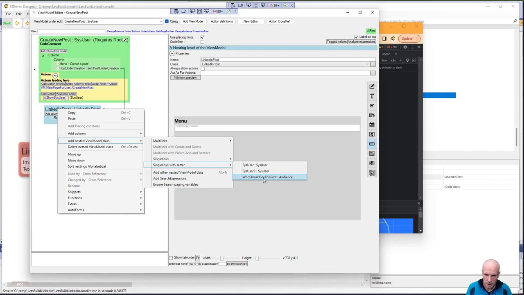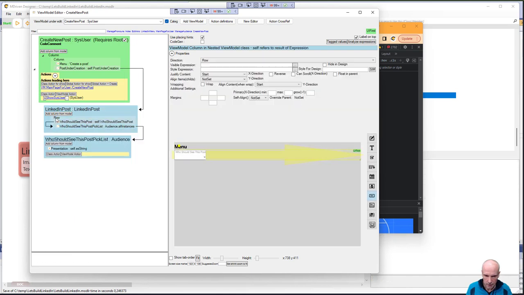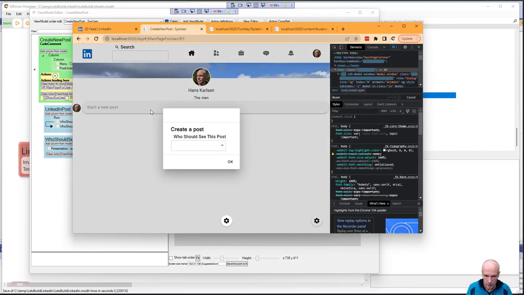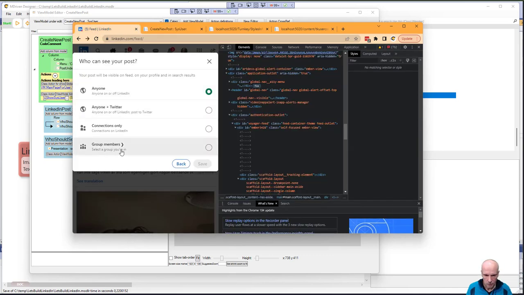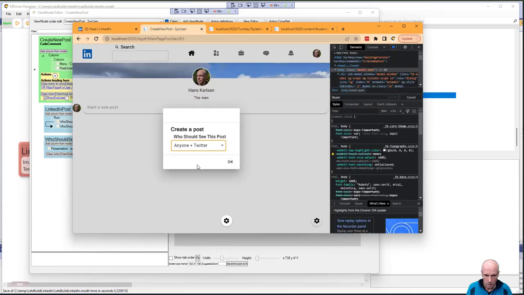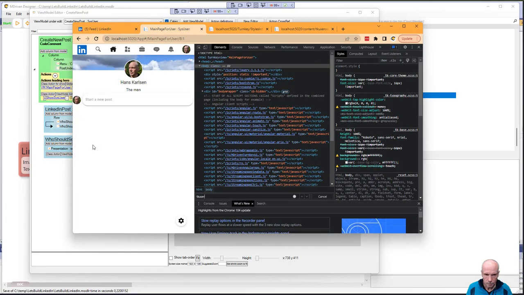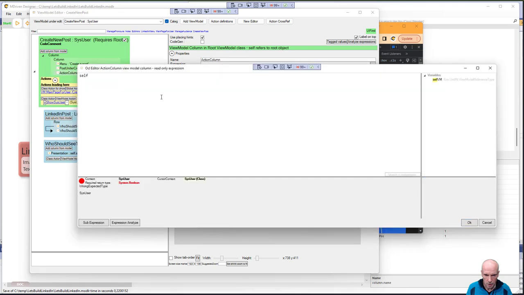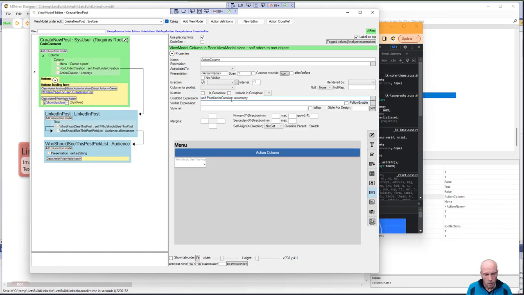So we see that, and we simply add that one and move it into the placing container and try it out. And now we immediately can see that it works. We can choose the audience for this new post. Good. So what we probably want to do is actually make sure to set the post on the creation to a, well,